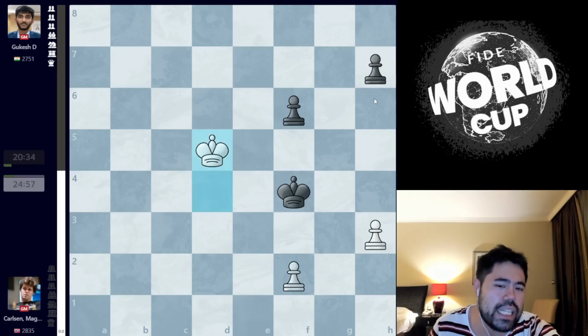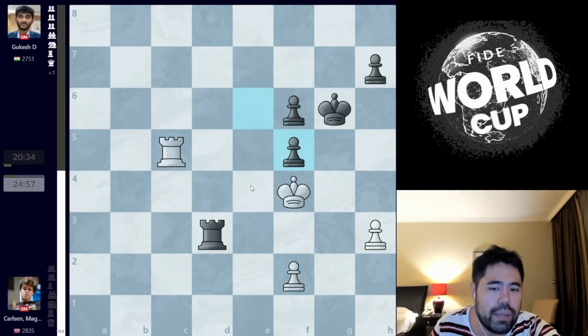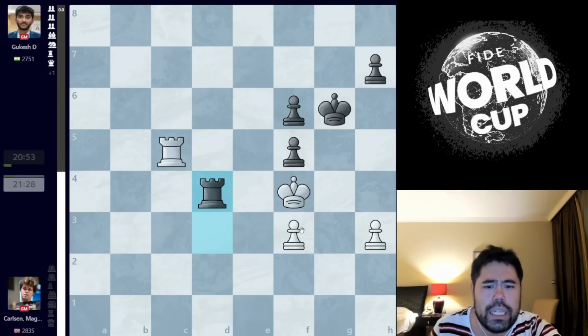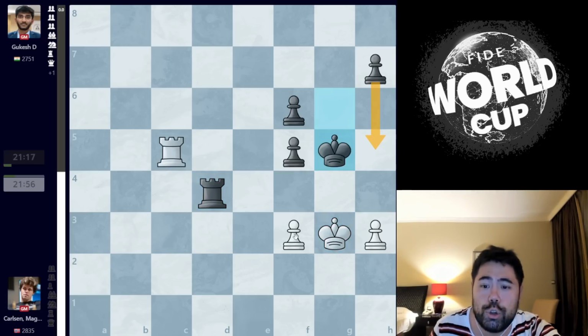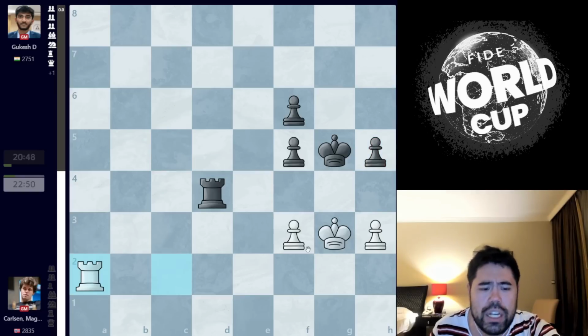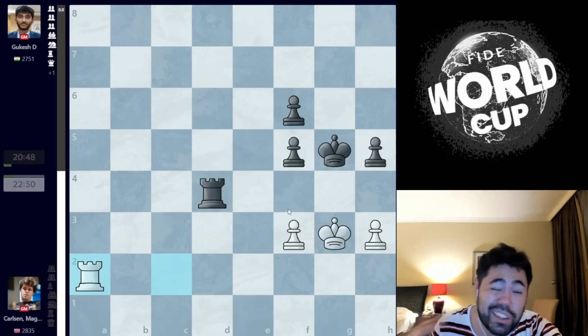But if you know that this endgame is a draw, why do you want to risk some kind of basic oversight in a king and pawn endgame when you know that you'll draw this 100 times out of 100 with f3? So we get f3. Gukesh plays rook to d4, Magnus goes king g3, and now Gukesh plays king g5 with the idea of playing h5. Here Magnus plays rook c2, Gukesh plays h5, we get rook to a2, and now he plays this move f4. Now at this point, this is a theoretical draw.